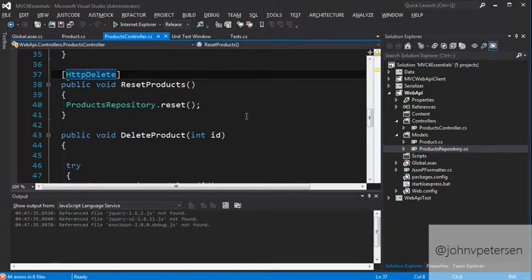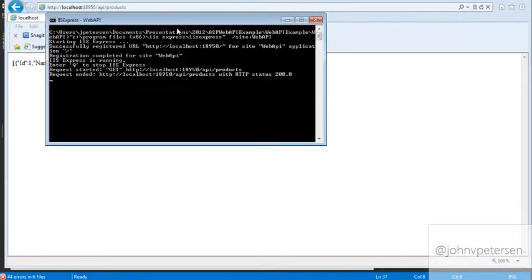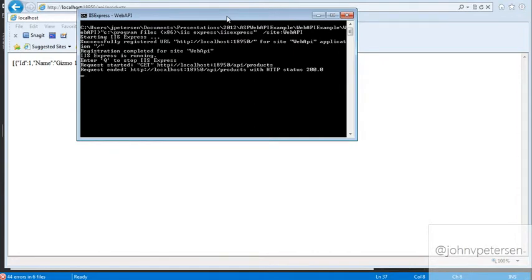Okay, so there is our web API. Now, how would we interact with it? Well, it's actually not that difficult. It's actually quite simple. Let me bring up a browser here. So here we are, and I'm just going to go ahead and hit refresh. Now, if I go over to the instance of my web server of web API running, notice what we have here.